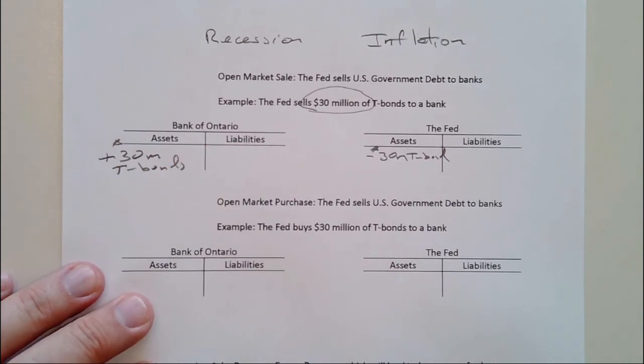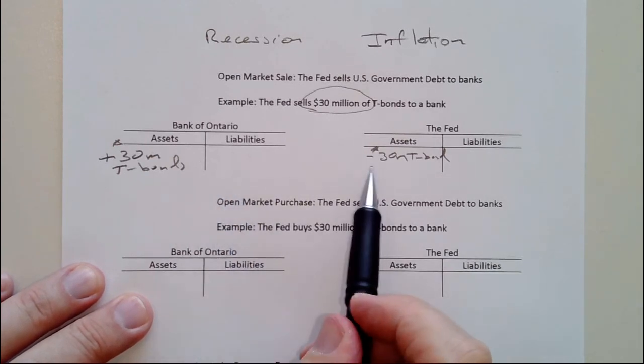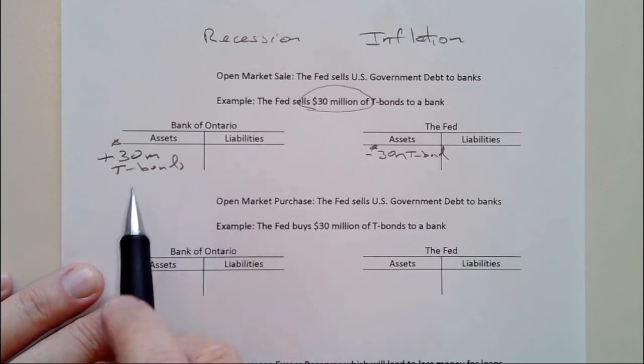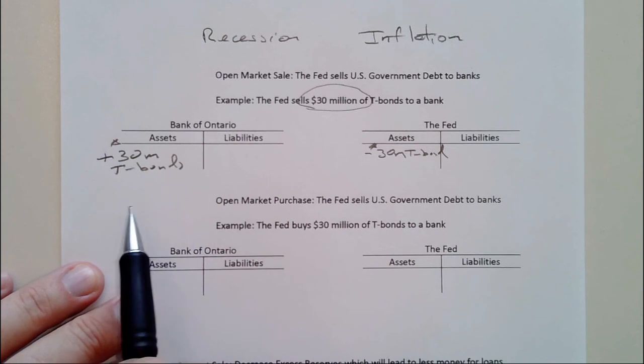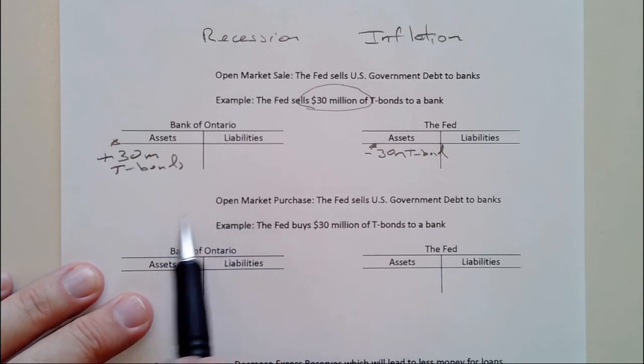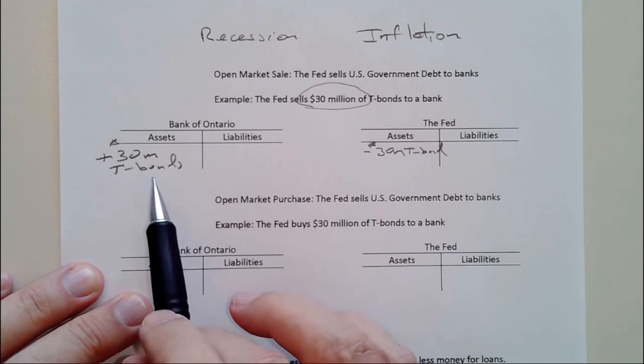Well, now the bank has to pay for these T-bonds. They have to give $30 million to the Fed. One way to do that is to truck over $30 million of cash. But that makes no sense because the bank probably likes the cash to deal with cash withdrawals from their ATMs, things like that. So a much easier way to pay for the bonds, and probably a much safer way, and definitely a cheaper way to pay for the bonds, is to simply have the money taken out of the bank's account with the Fed.